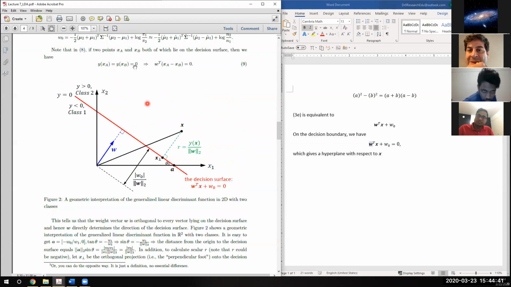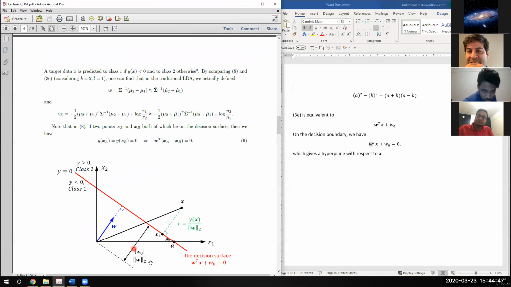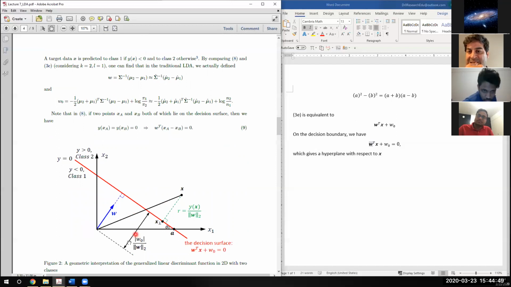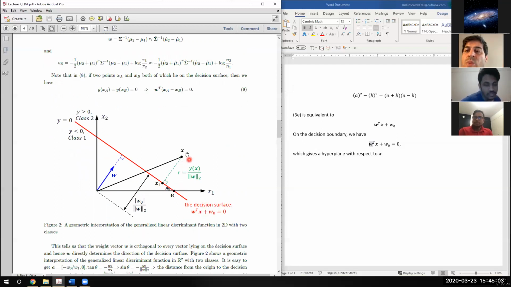W0 is a scalar, okay, be careful. W0 is a scalar, and the W and the X, all of them are vectors. And you're going to see this again in SVM. We use exactly the same way to calculate the distance between the two supporting hyperplanes, okay? So the last thing is what? The last thing is what